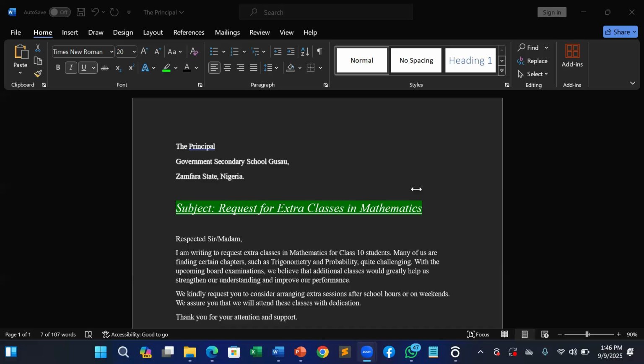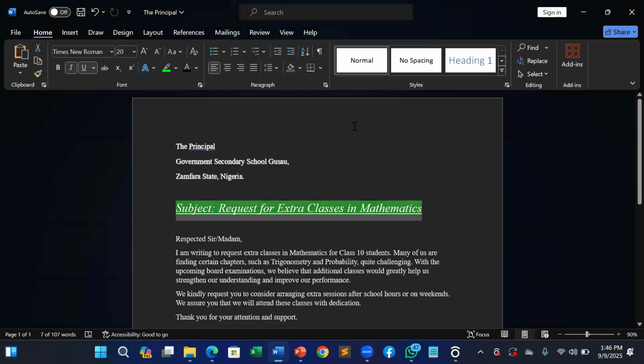Font color and background color. Okay, thank you. So we stop at this font color and font style color. Then we'll now move to